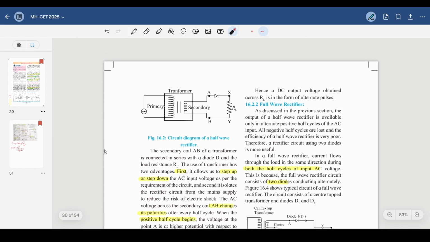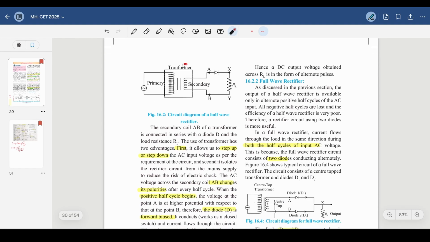So how will this work? Let's look at the circuit diagram. So, transformer block, that's the basic. In the half wave rectifier, we are using a single diode. This is a PN junction diode, connected to the secondary terminal of the transformer. As you can see, the transformer will first step down the AC voltage. Once the transformer has stepped down the AC voltage, the diode will come into the picture.